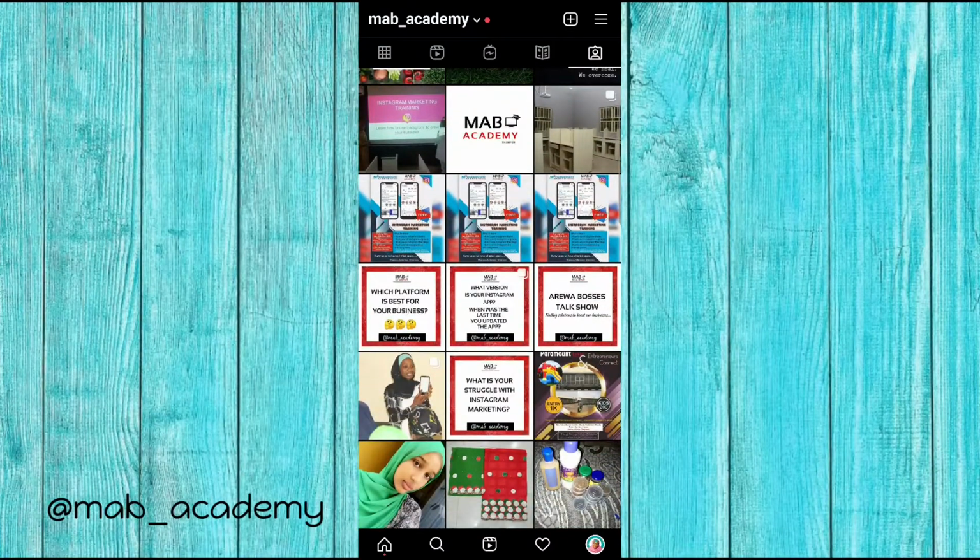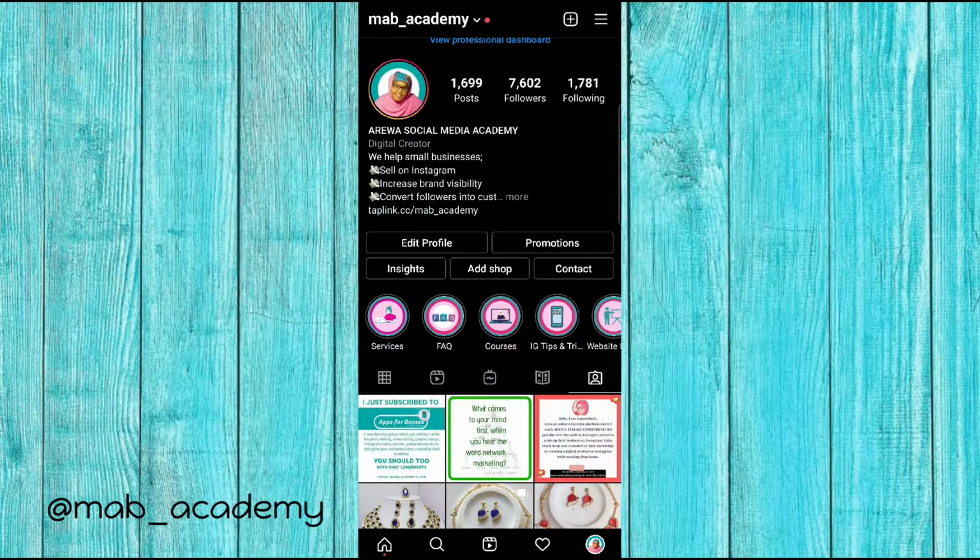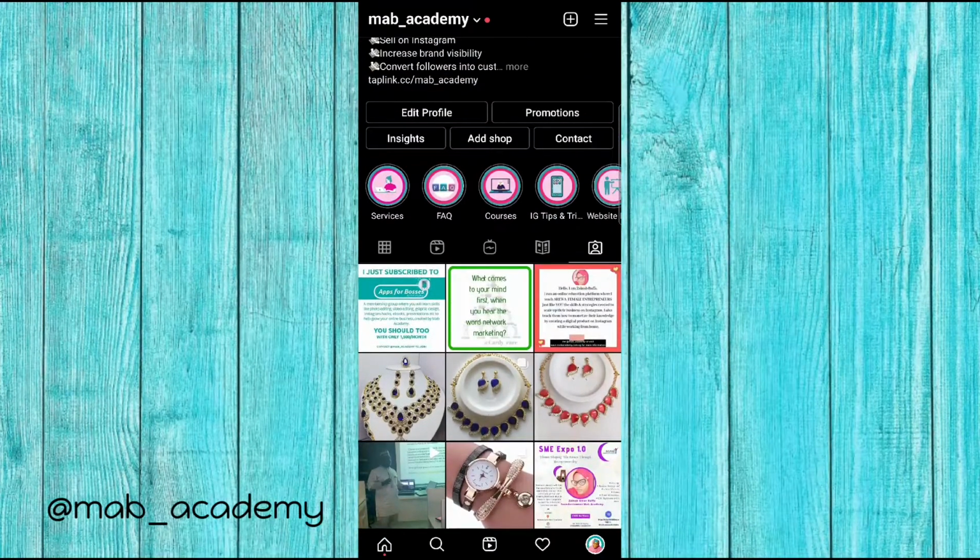This tag is visible right now on my feed, but you can hide it. How can you hide it? I'm not going to explain how to do it here, but you can go to my page